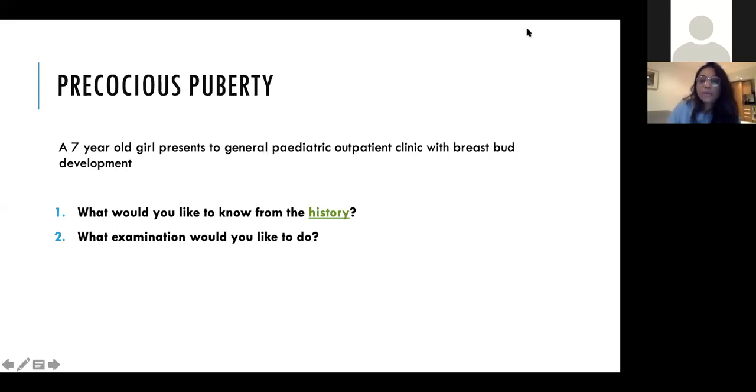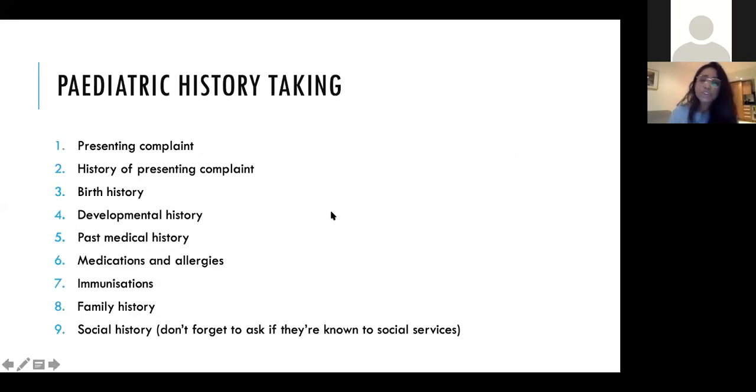I thought I will quickly just go through pediatrics history taking really briefly. You guys probably know this already. So presenting complaint, obviously what they presented with, and history of presenting complaint. So in this case, you've got someone with precocious puberty. So you need to know the timeline, the onset and the sequence, how quickly did each stage progress, and